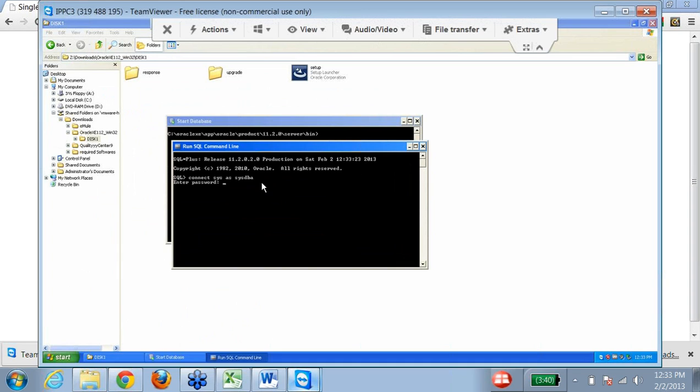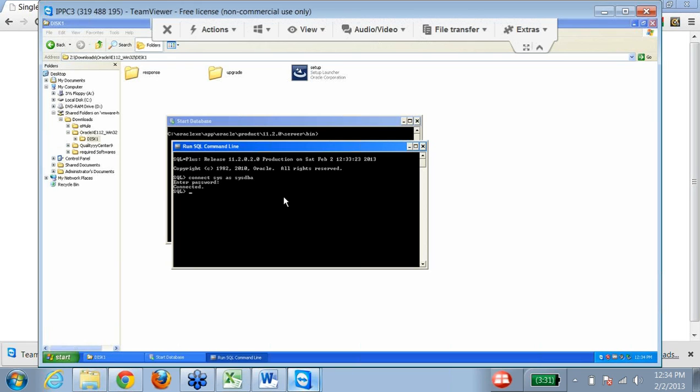The password is Whitebox QA. If it says connected and you see a SQL prompt, that means your database is installed properly. When you are typing the password, you won't see it printed on the screen. It's hidden, but you have to write the same password. If all these steps are done, that means your database is installed correctly.